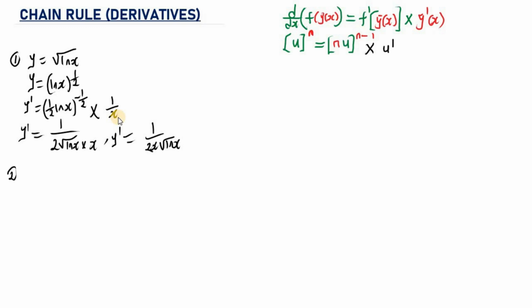So let's take a look at another example. Let's say we have y is equal to ln of sine s. I want to take the derivative of this function. Like I said, the chain rule is the outside to inside rule. So we're going to start from the outside function, then we're going to move to the inside function.